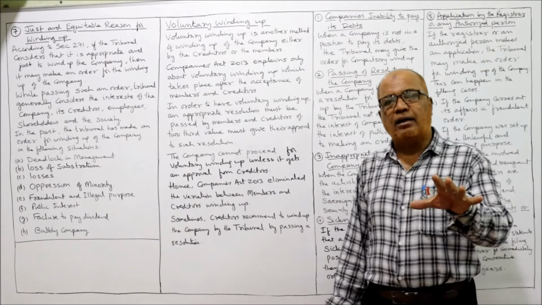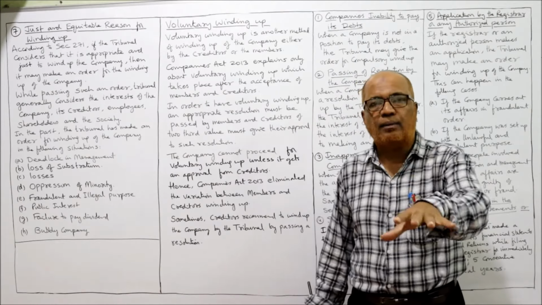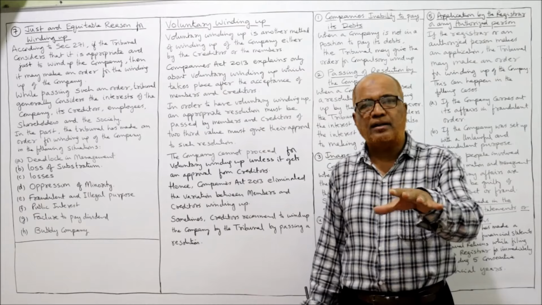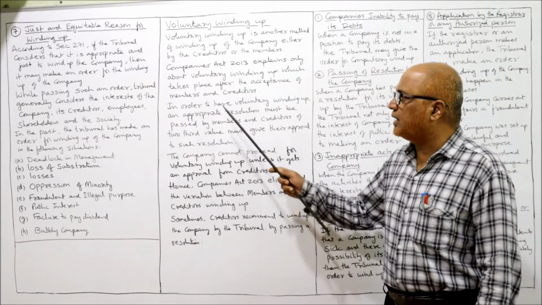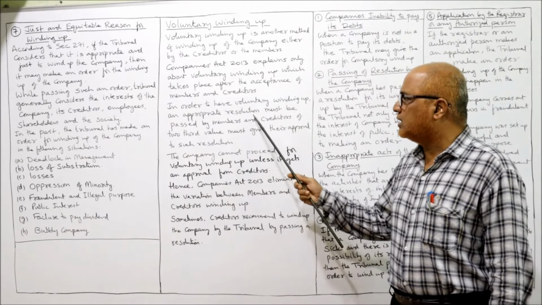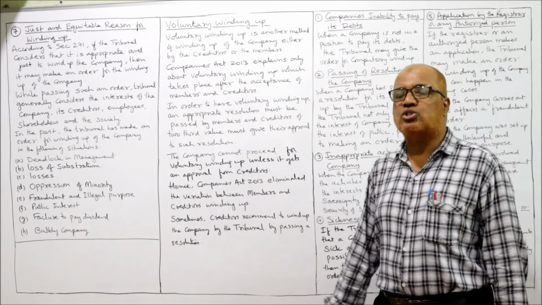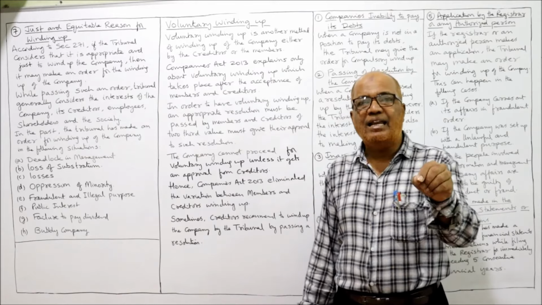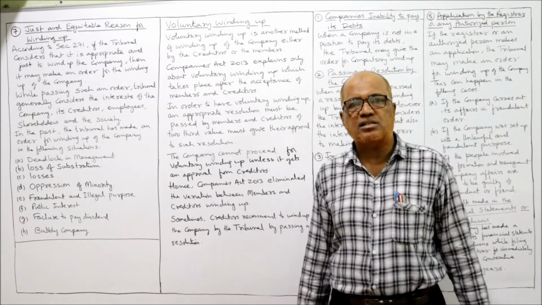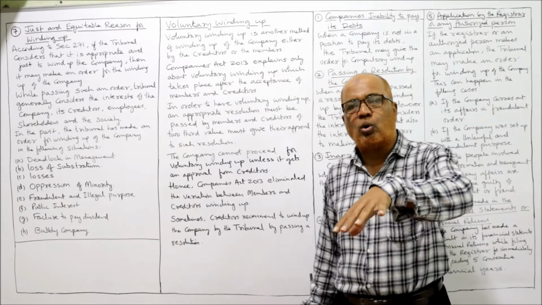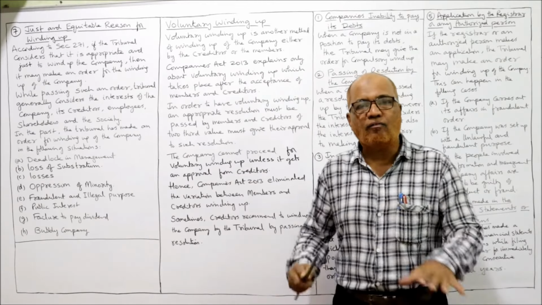That means both should agree. The members as well as creditors should agree that we want to wind up the company. If there is a proposal to wind up and acceptance by both members and creditors, then voluntary winding up can take place. In order to have voluntary winding up, an appropriate resolution must be passed by the members, and creditors of 2/3 value must give their approval to such resolution. 2/3 in value of the shareholders as well as creditors. 2/3 of the creditors in value and 2/3 of the shareholders in value must give their consent, approval for winding